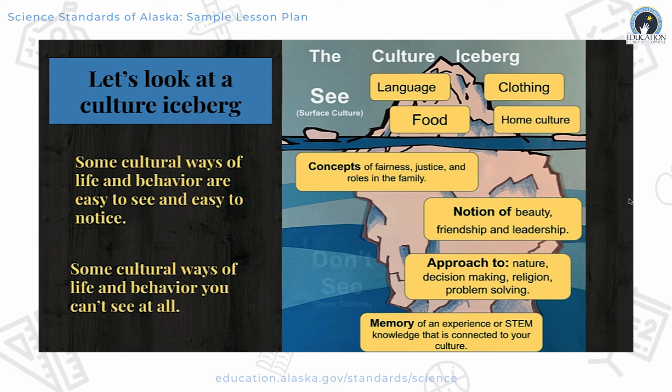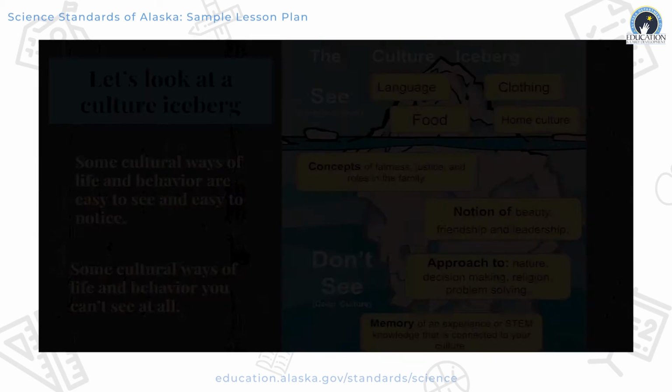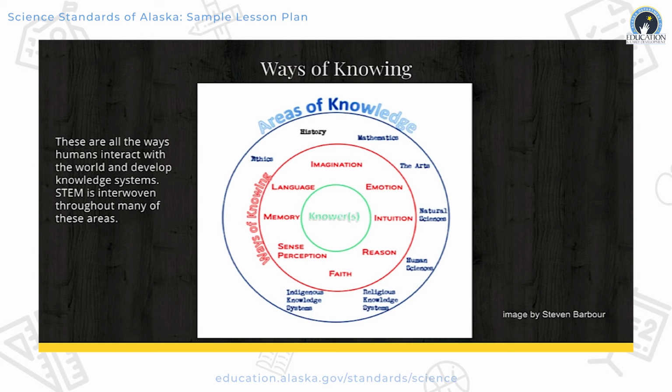Remember, we can see some of them, we don't see others. And we want to honor these different ways of knowing. There's different perspectives. And so Western science, which we're approaching ecology with, is one way, but there's also intuition, reasoning, experiences. There's different ways of knowing, and what we're going to introduce to you with our ecology is a more Western aspect, but I'm going to be asking you to share some of your own personal ways of knowing